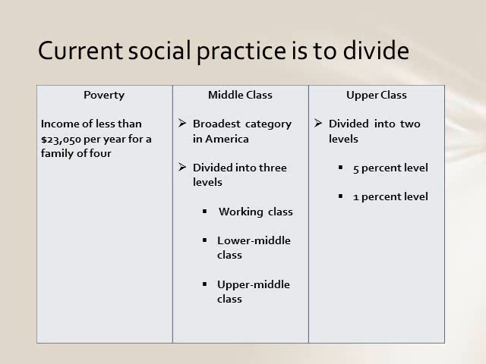The middle class is then broken down into three distinct levels. The first of which is the working class. This level is at the lowest end of the spectrum and has an income of $23,051 to $32,499 per year. A person in this class generally works in a blue-collar industry or is paid by the hour, such as working for a fast food chain or a retail store.